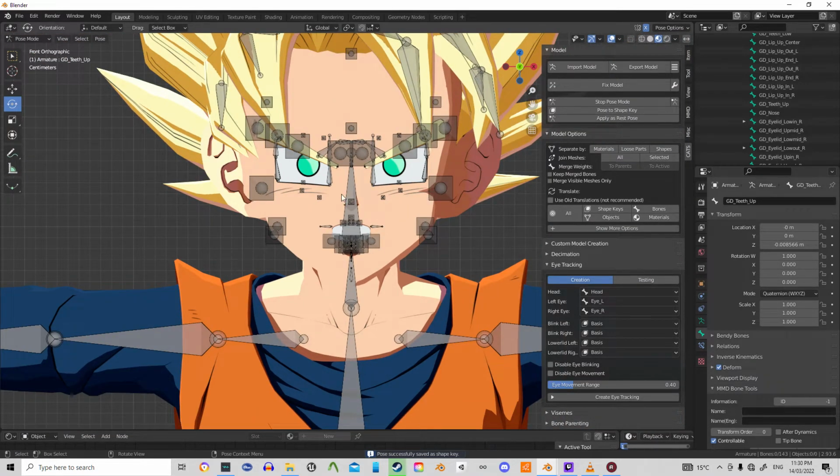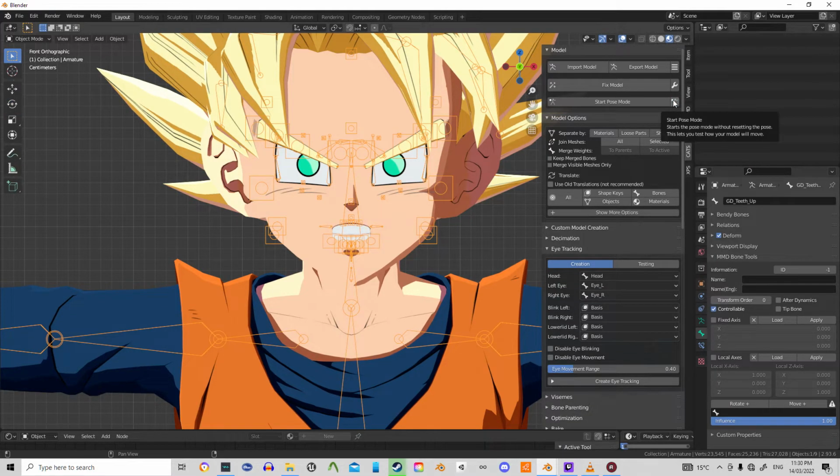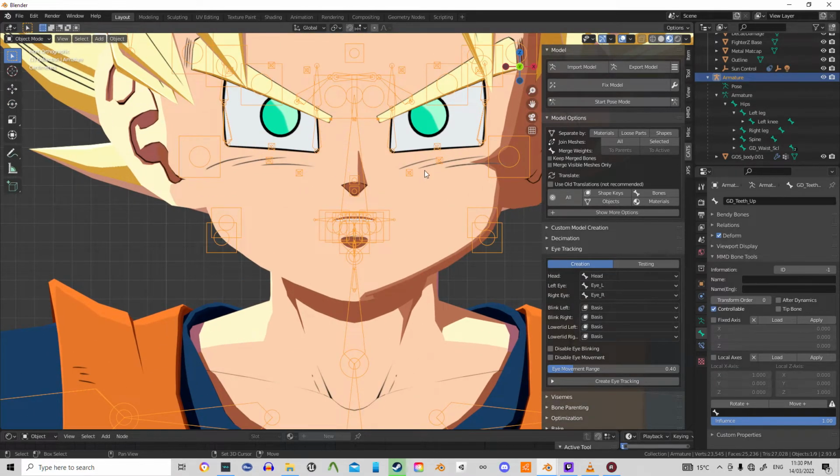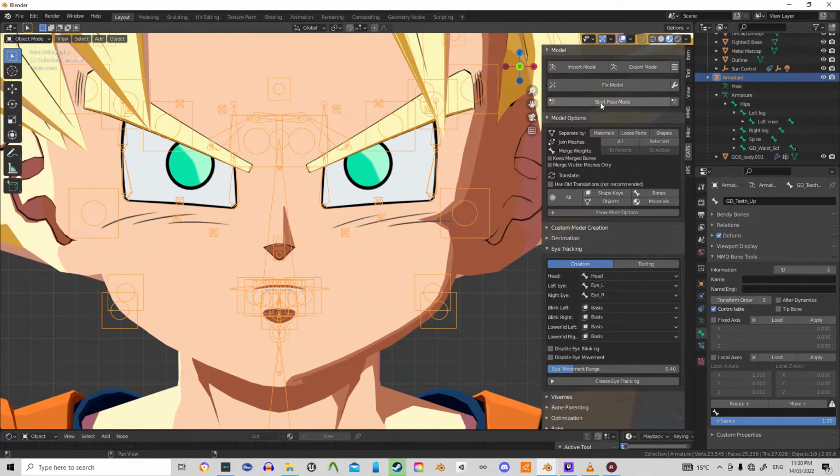Now we need blinking, but first we need to reset this. So we click Stop Pose Mode here. If we click this one, it maintains pose, but we want specifically to stop pose mode here. So it resets the pose. Now we go back into it,